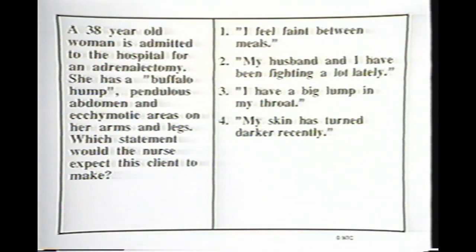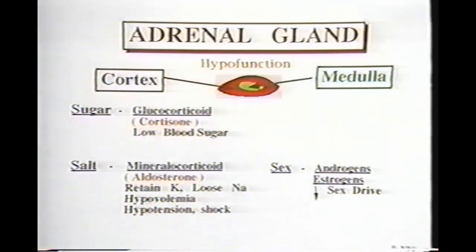And my skin has turned darker recently is suggestive of hypofunction of the adrenal cortex, not hyperfunction. And this is really a good way to make us start thinking about hypofunction of the adrenal cortex, which is the next topic that we want to talk about. So if we look at the picture really showing us about hypofunction of the adrenal gland, we can notice that